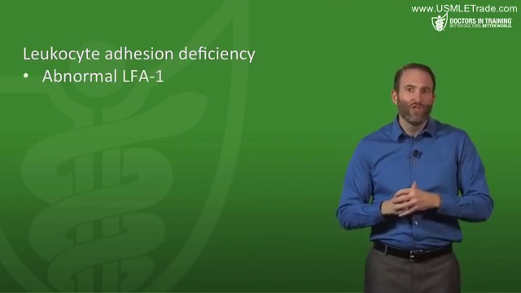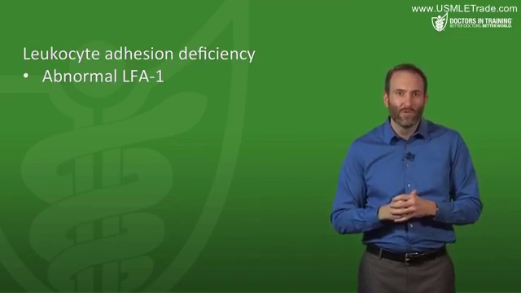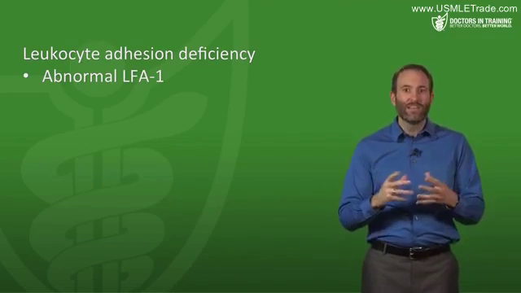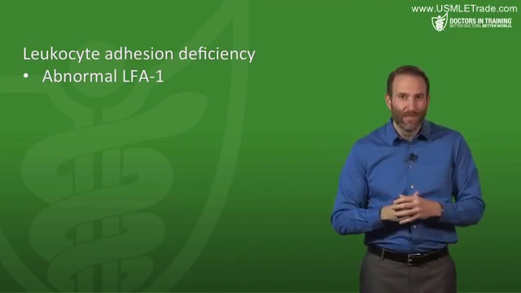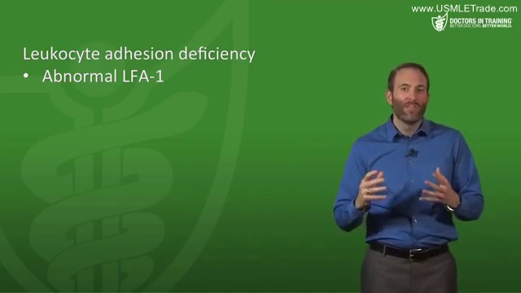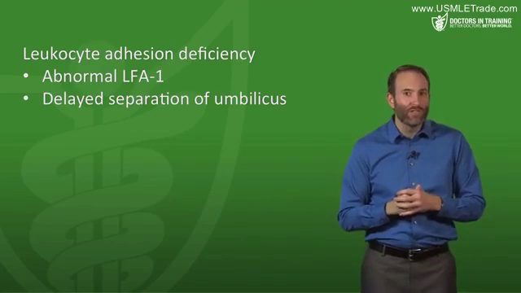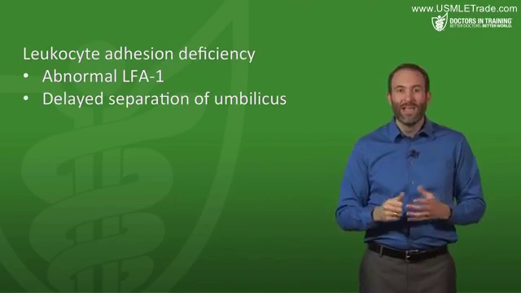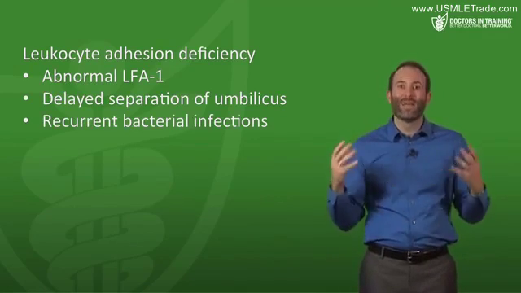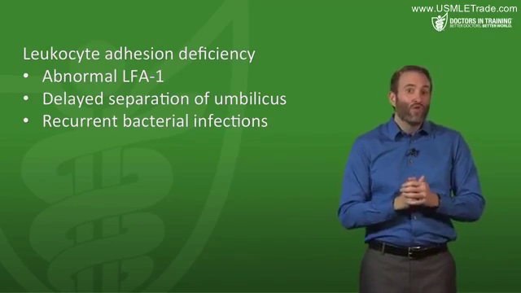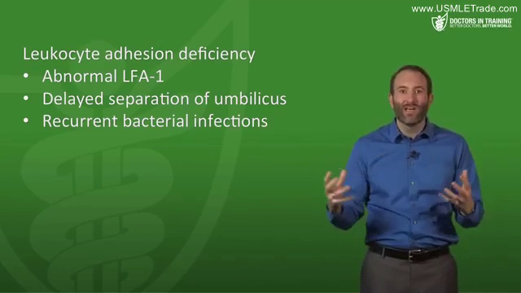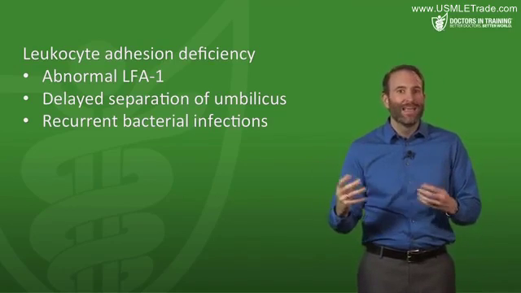Now, specifically, you have abnormal LFA1, so that integrin molecule, and this affects the tight binding step. Now, we'll cover this again in immunology, but the classic presentation of leukocyte adhesion deficiency is delayed separation of the umbilicus in newborns, and then again later, you get recurrent bacterial infections. And that's because without normal integrins, you can't get leukocytes and macrophages out of the blood vessels and into the